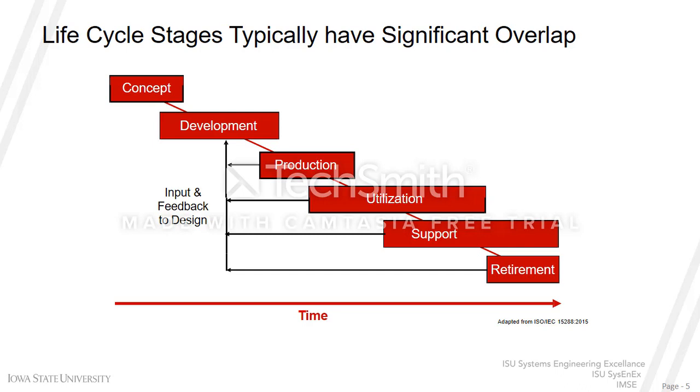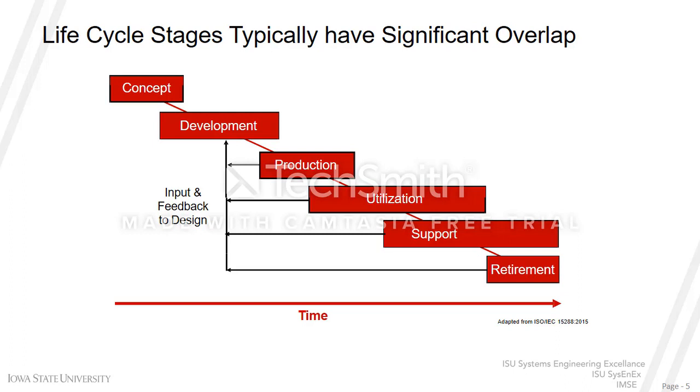The further down in that life cycle that you get, once you get into utilization and support, the more difficult, the more expensive, and the more trade-offs that had to be made to take steps back into development. Ideally, you want to find these issues well before they get further down the line, but once you do find them, it's important to go back and stop and cut them off right where they occur so that you can